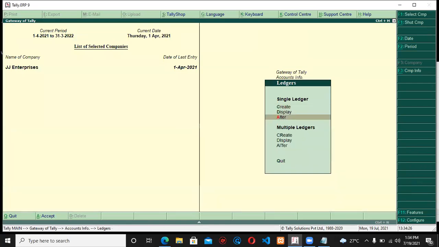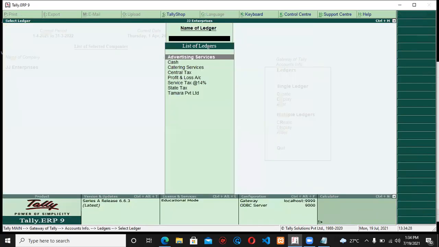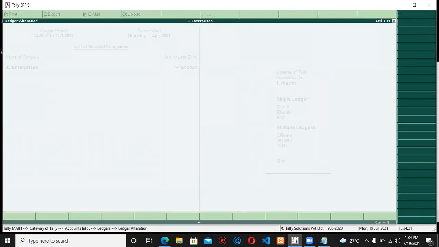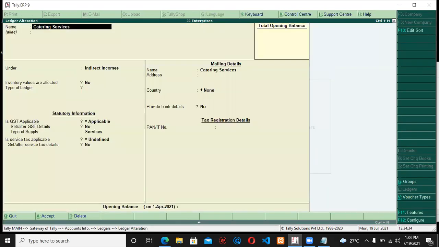I'll get into alter mode, and here I'm selecting the ledger which we have created, catering service. All right, and we provided details like indirect income, and other things are already set. Remember, here I did not configure the tax. Tax was already configured at company level. I did not configure tax.